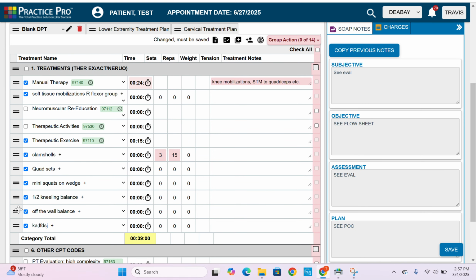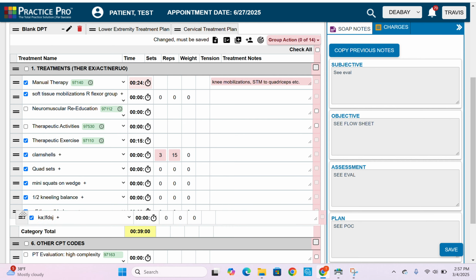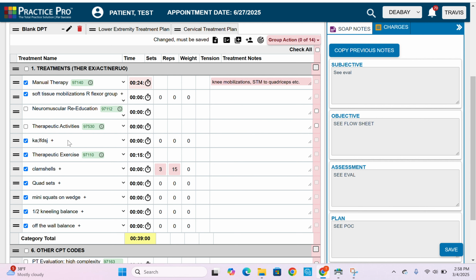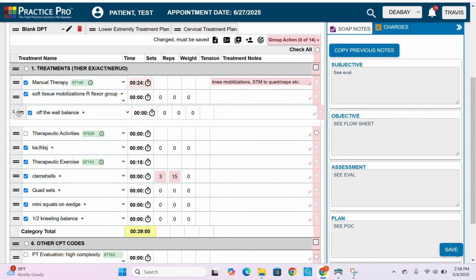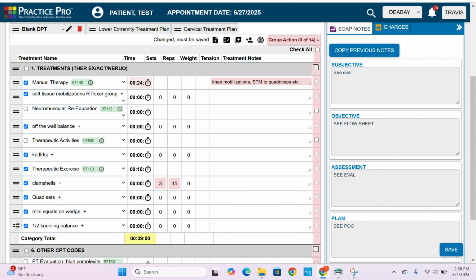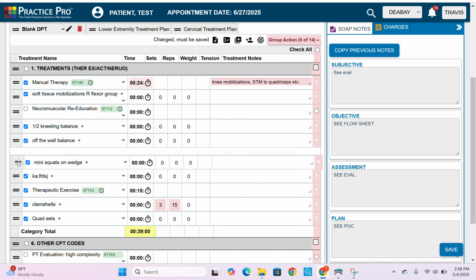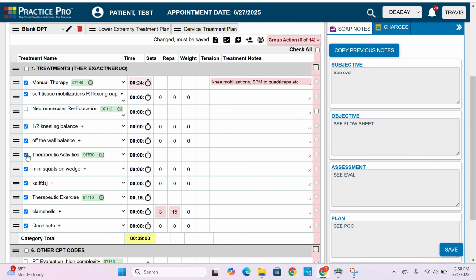Now it's down here. So let's look down here at the things that I added. It always just puts them at the bottom of the list, but these you might want to move. Let's say that this is a therapeutic activity. I want to move it under therapeutic activity. This is NeuroRead. Right here, therapeutic activity. And you make sure that those billing